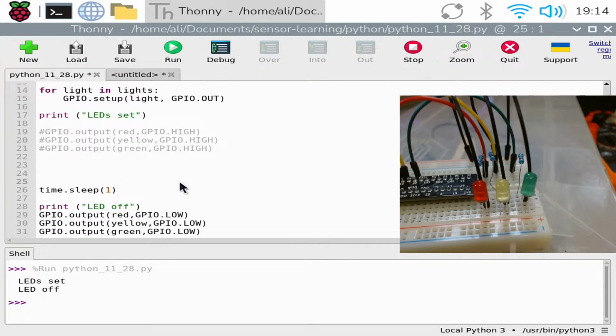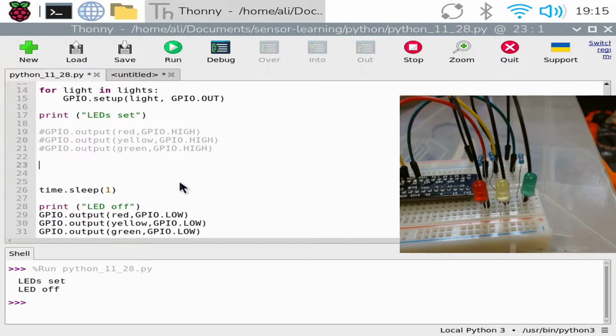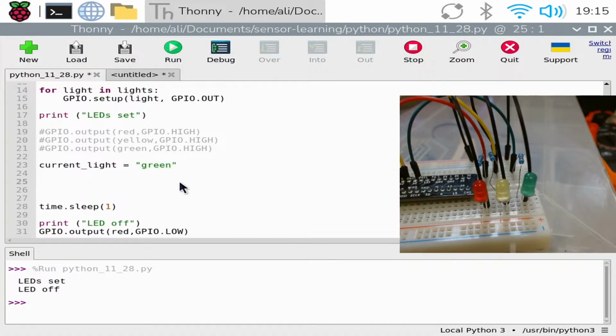And I'm going to say something like, if current_light equals green, then what we're going to do